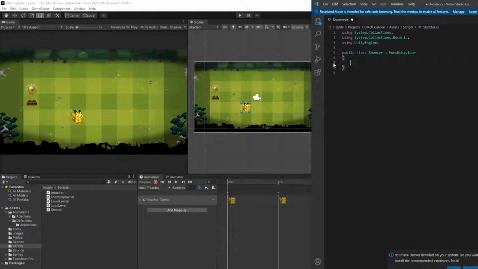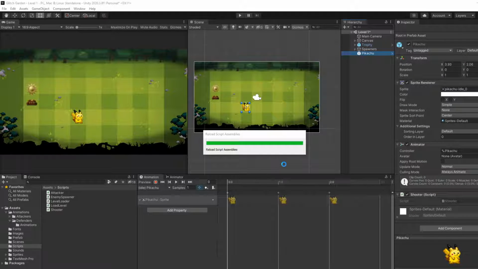I remember that. But I guess it wouldn't make sense either, because the shooter probably only has these methods that are activated by an event. So it doesn't need to be checked upon every frame, I guess. So public void fire, and then for now we're just going to return. So basically it does nothing. What we can do,